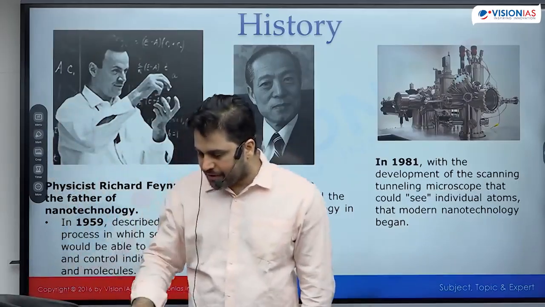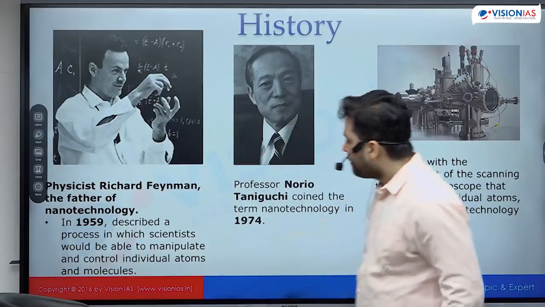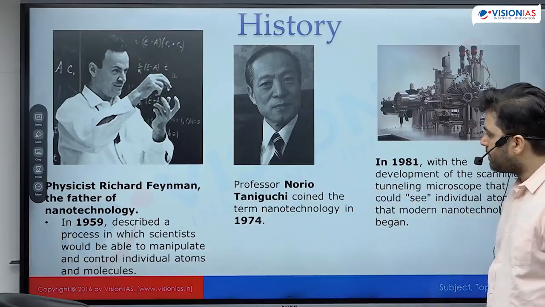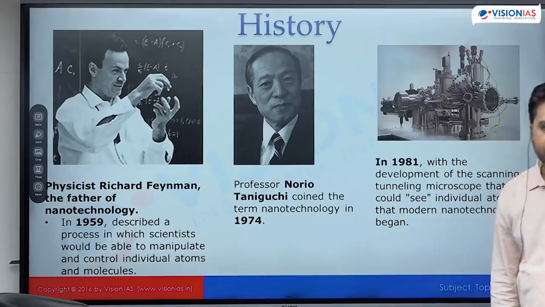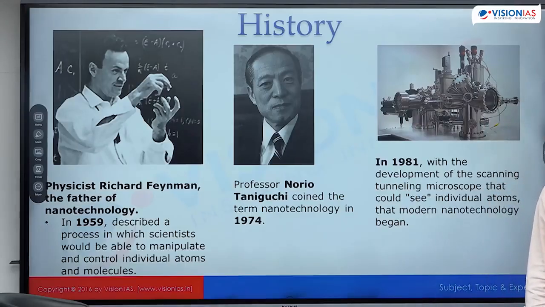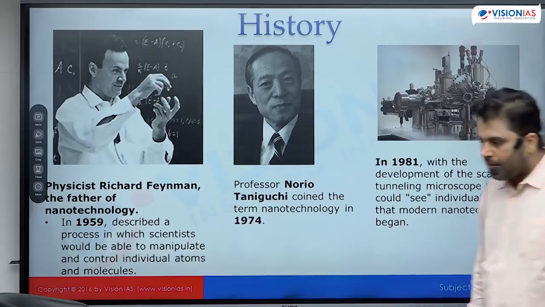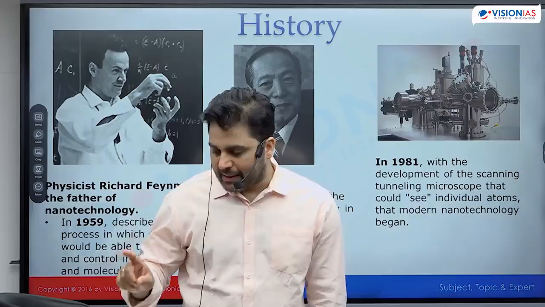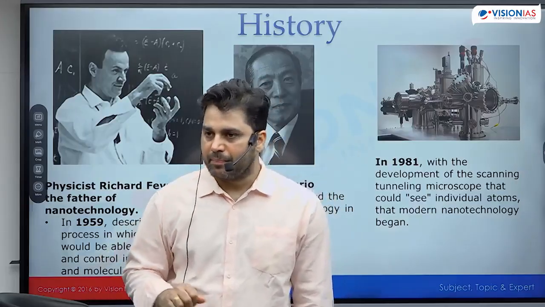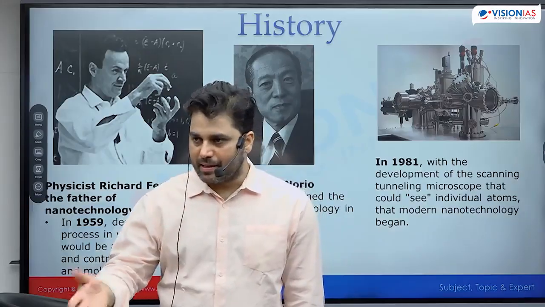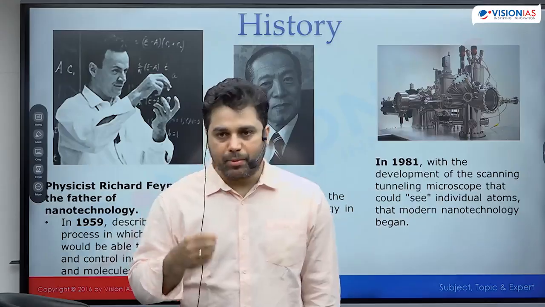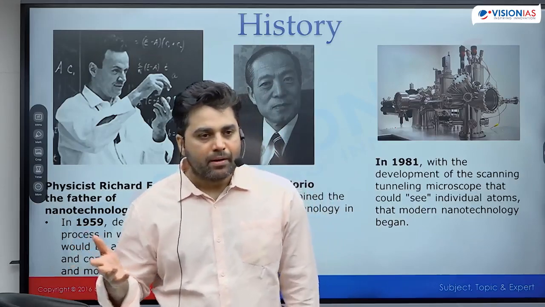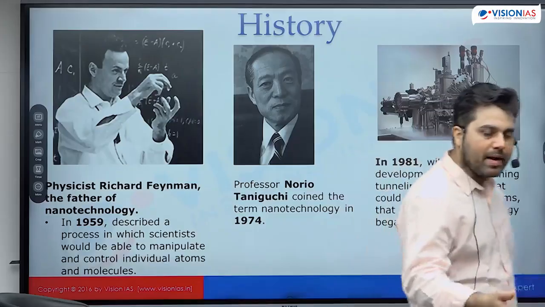I should also tell you a brief history here. One of my favorite heroes in physics is Professor Richard Feynman, one of the greatest scientists who has lived. Dr. Feynman, in a very famous lecture in 1959, even though he did not use the word nanotechnology, described processes at atomic and molecular level. He imagined that human beings will have enough capability that we will be able to manipulate things at atomic and molecular scale. We'll be able to move atoms and molecules, and make materials atom by atom, molecule by molecule.